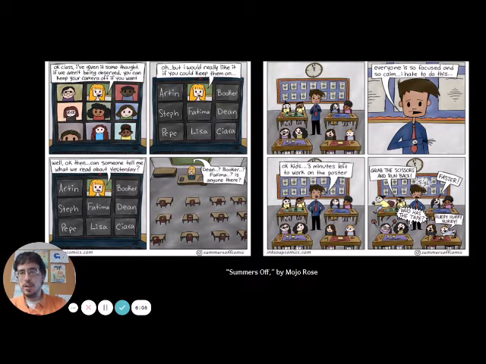So the first one looks like they're on Teams or Zoom. And she says, "Okay, class, I've given it some thought. If we aren't being observed, you can keep your cameras off if you want." "Oh, but I would really like it if you could keep them on." And everybody turns theirs off. "Oh, well, okay then. Can someone tell me what we read about yesterday?" "Dean, Booker, Fatima, is anyone there?"